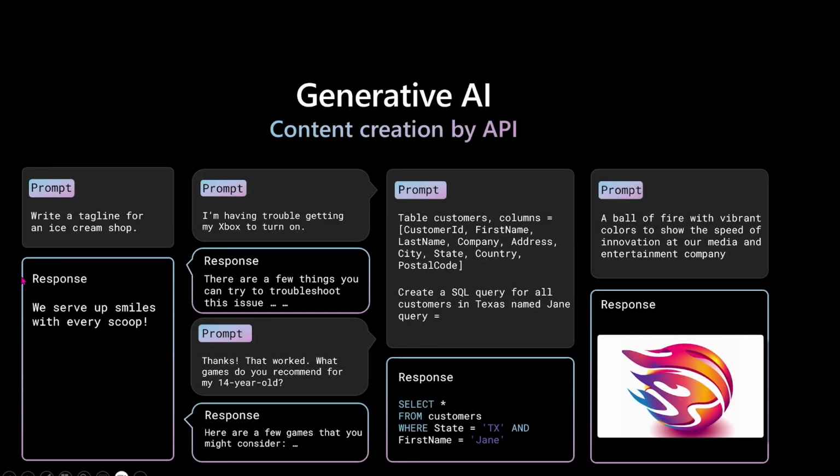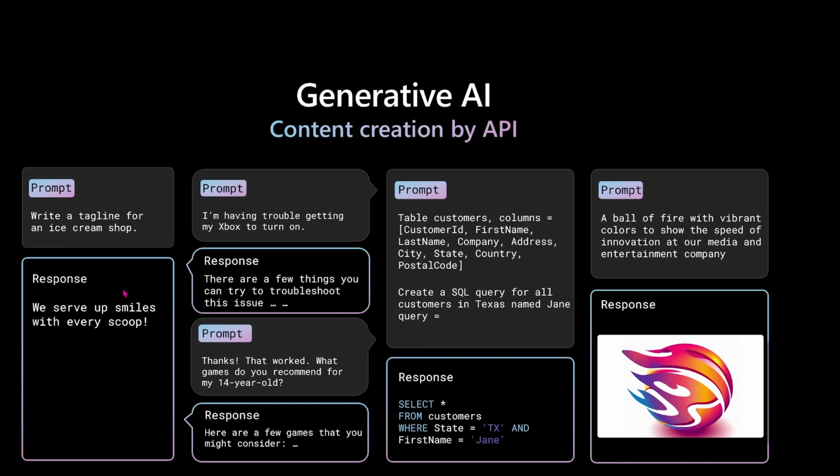There are several ways to consume the OpenAI, Azure OpenAI APIs. The main way you would interact with the API is to provide a text prompt, and then the prompt would generate a response. For example, on the left here, the prompt is to write a tagline for an ice cream shop. And the response is, we serve up smiles with every scoop. In this case, the response was not explicitly programmed. The model has learned several examples on open source data, and based on that, it can probabilistically generate outputs that